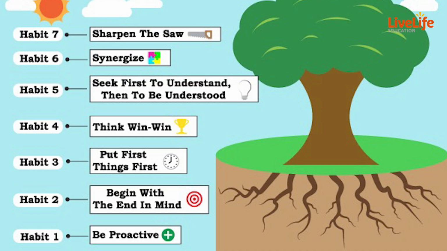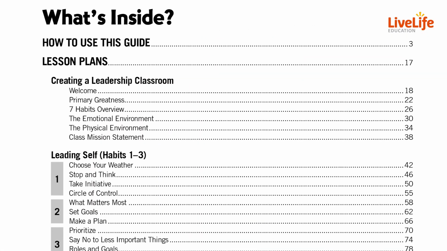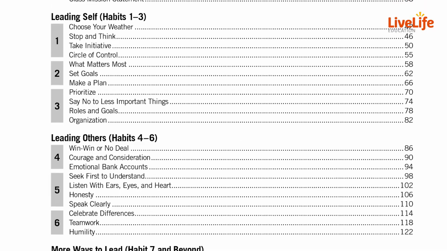Let us today understand how to do the direct lessons effectively. Direct lessons are a very good way of teaching the 7 habit concepts and principles directly to students. For that, you need to use the teacher's guide and the student's guide very effectively. In the teacher's guide, you have a very systematic way of how to do the lessons.